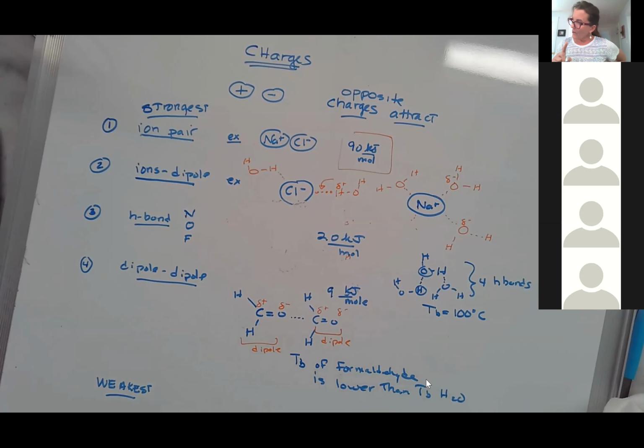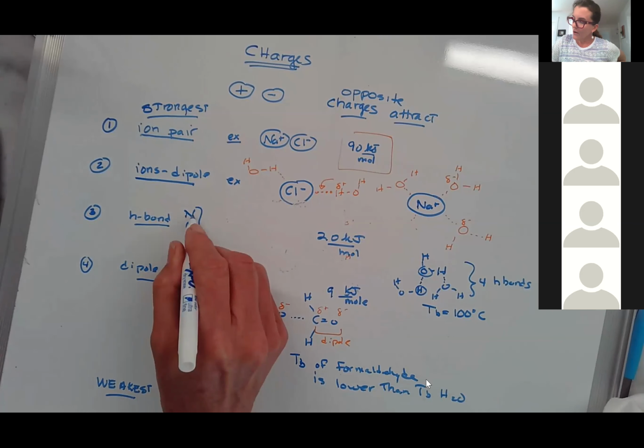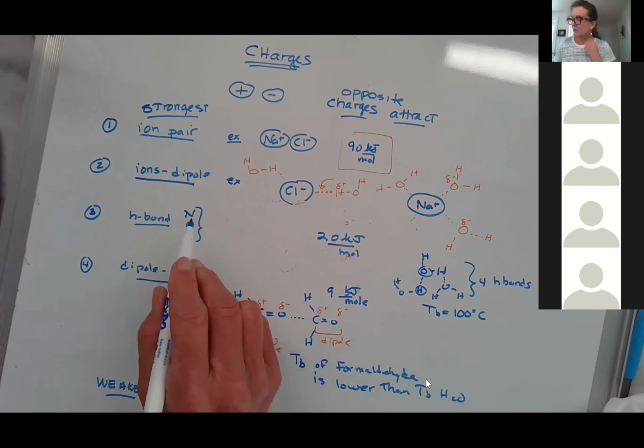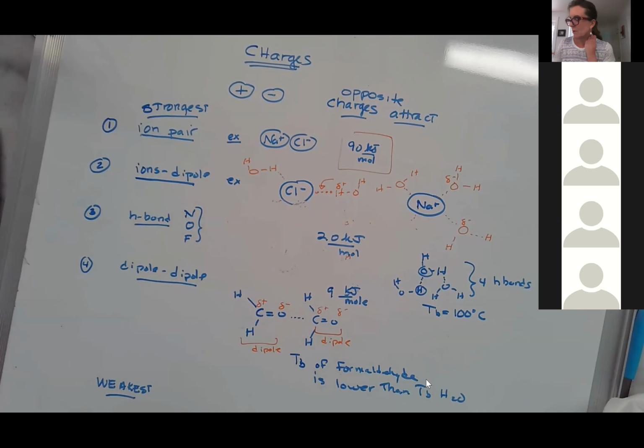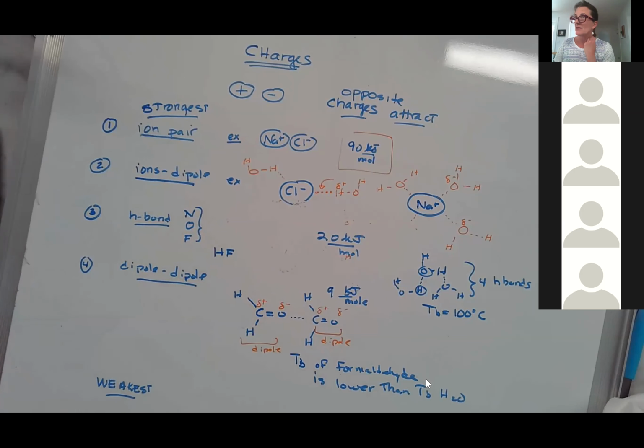Again, you have to have hydrogens that are attached to N, O, or F. N and O are going to be by far the most common that you'll see, and those are what are really important in biochemistry. HF, because F can only bind to one thing, is hydrogen fluoride, hydrofluoric acid. That's really the only case you see there.